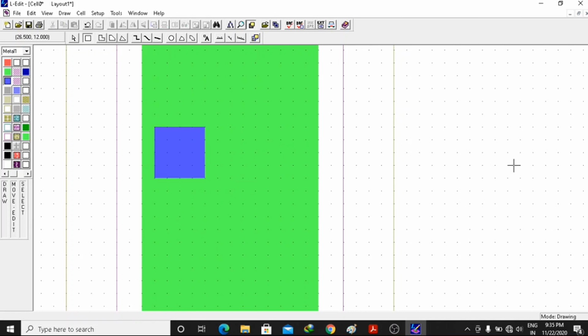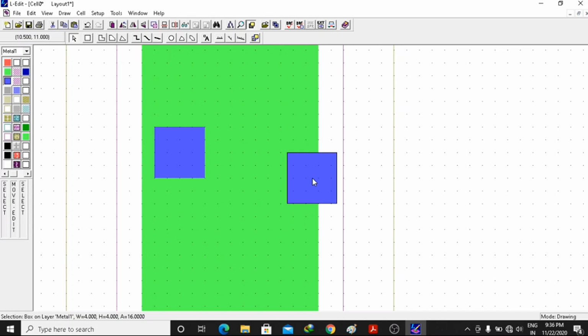So again I don't need to draw it. I will simply click on selection, click on the metal part, then press Ctrl plus C. I have copied it, and on the point where we want to paste, I will click with the mouse and then press Ctrl plus V. Once I have done that, it came over there, but it is not placed exactly, which means it will cause a DRC error.